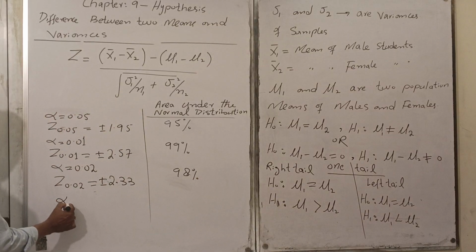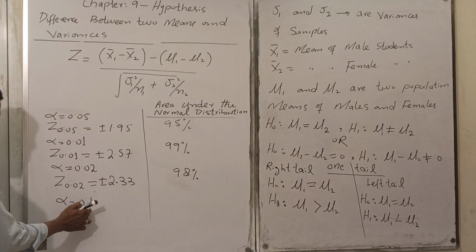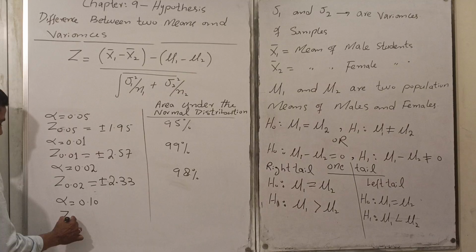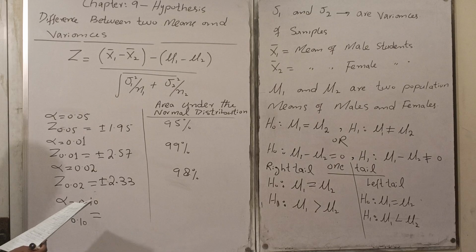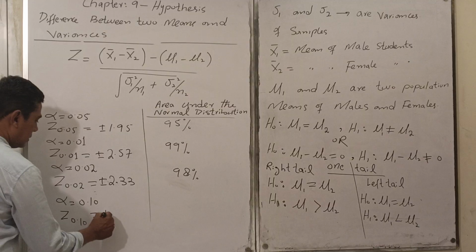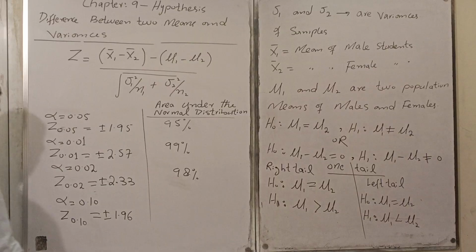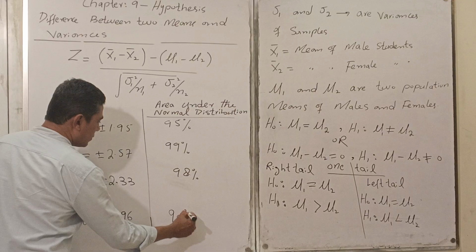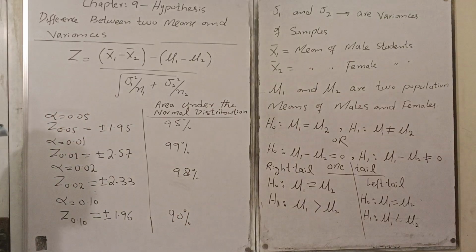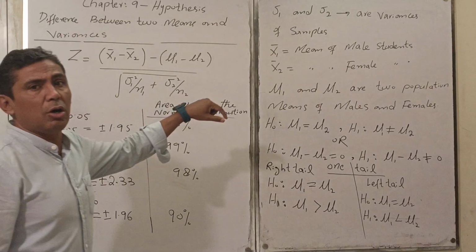When the value of alpha is 0.10, it means that it is 10%. So z 0.10 equal to plus minus 1.96, and the area is 90%. Okay, so just try to learn these critical values which are commonly used in testing of hypothesis